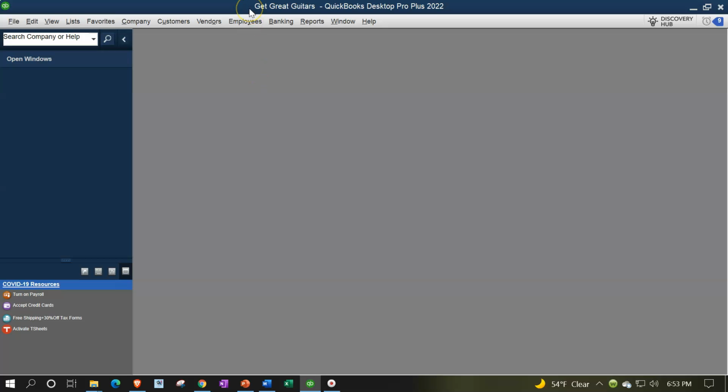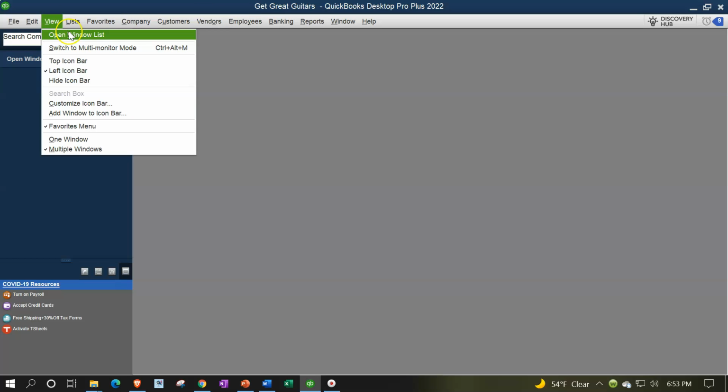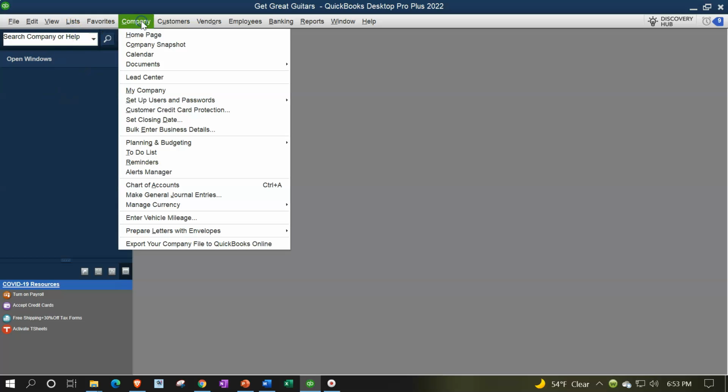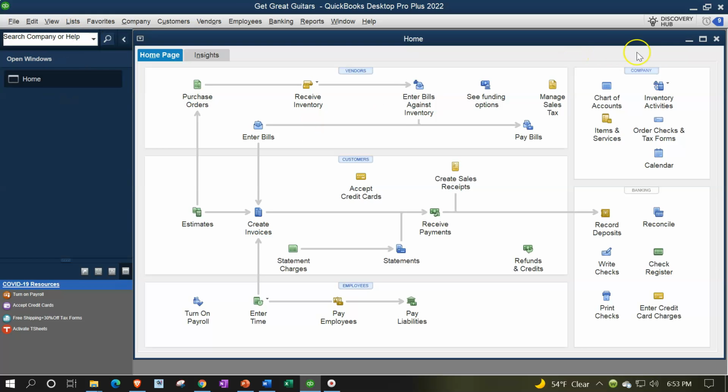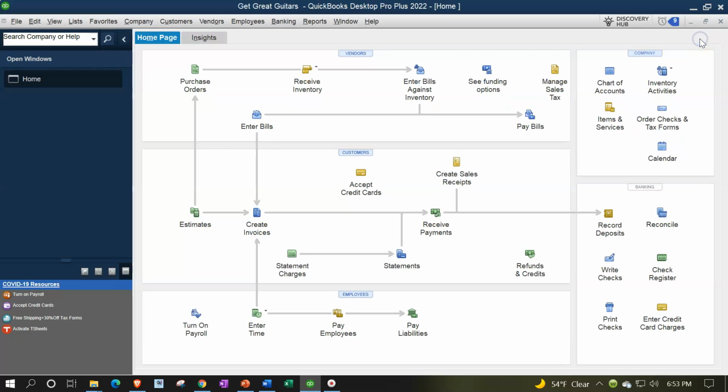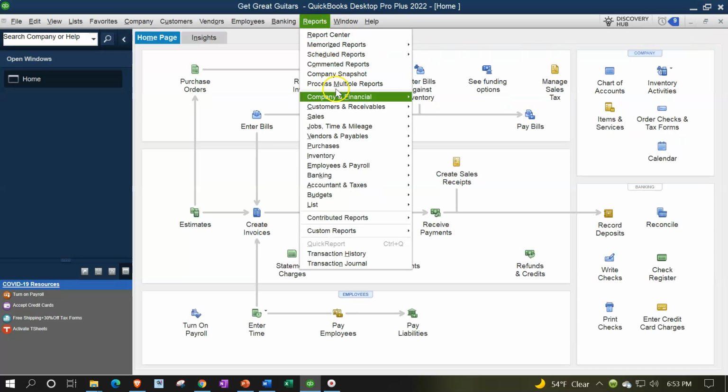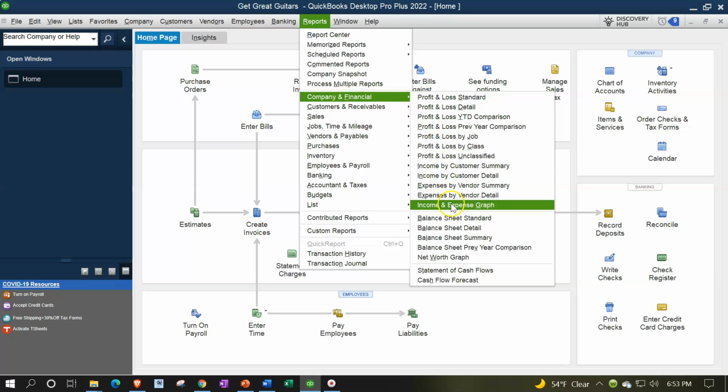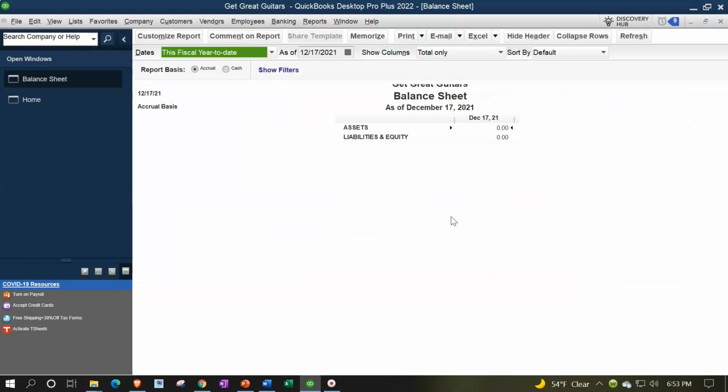Here we are in our Get Great Guitars practice file, going through the setup process with the View dropdown, the Open Windows list on the left-hand side, Company dropdown, Home page in the middle, maximizing to the gray area. Going to the Reports dropdown, Company and Financial, taking a look at the Balance Sheet Standard, changing that report up